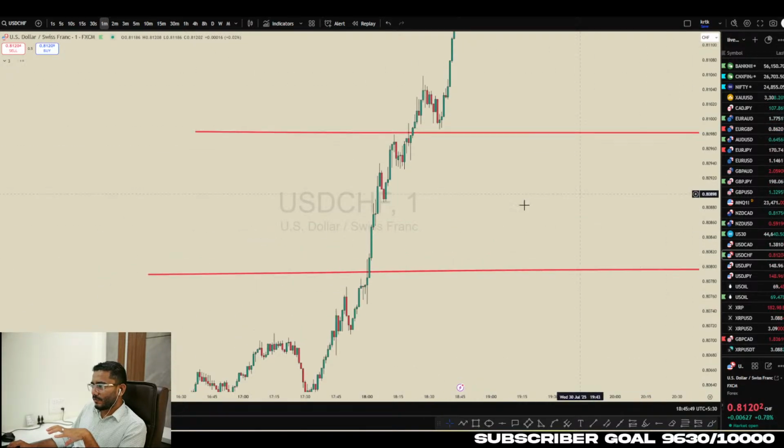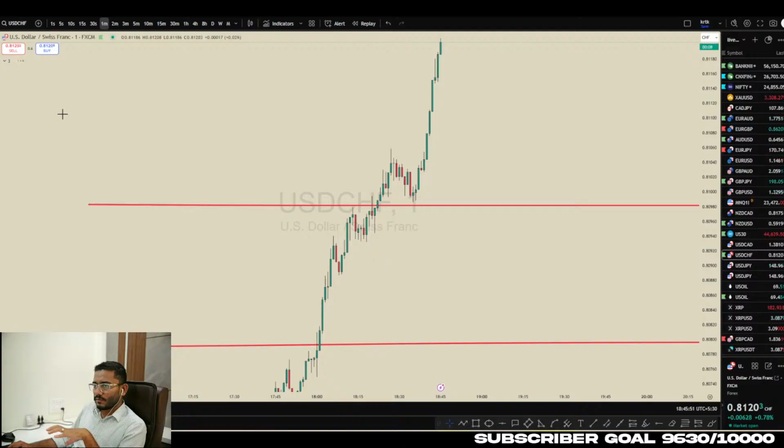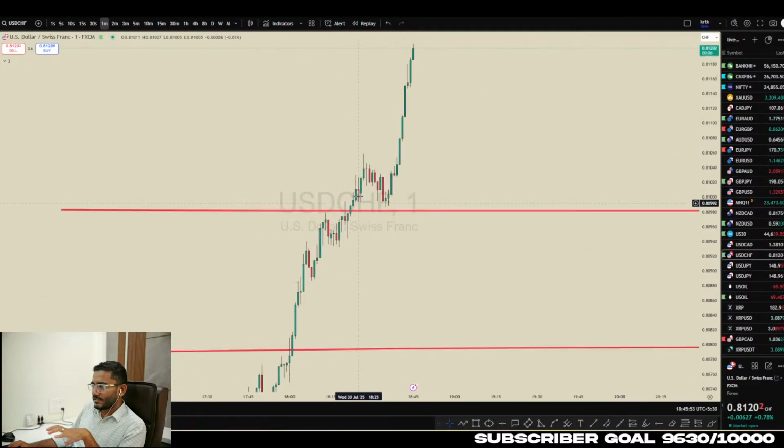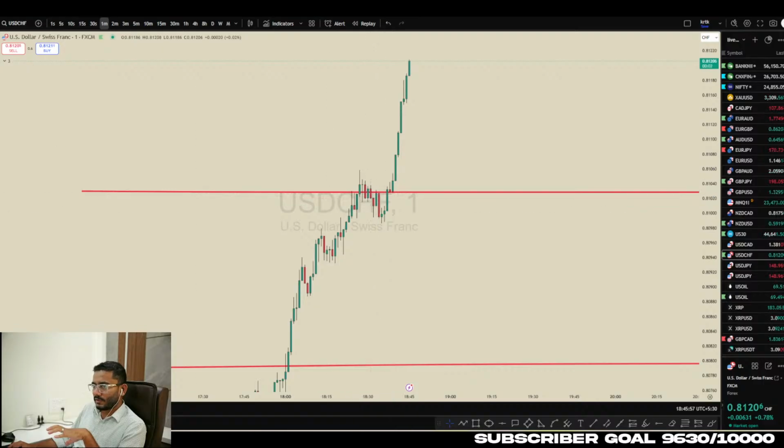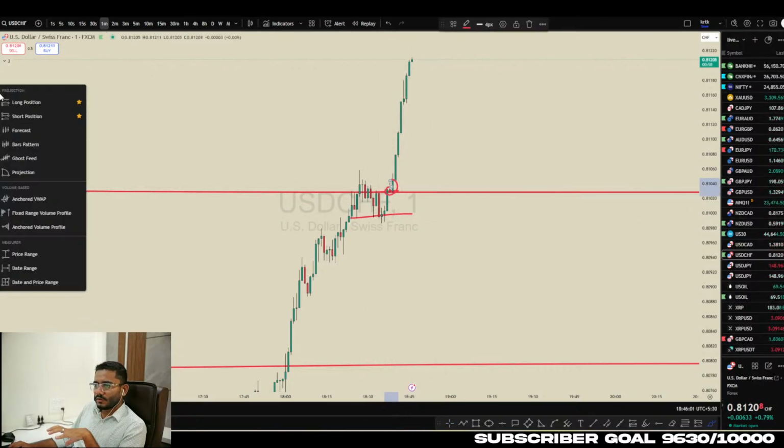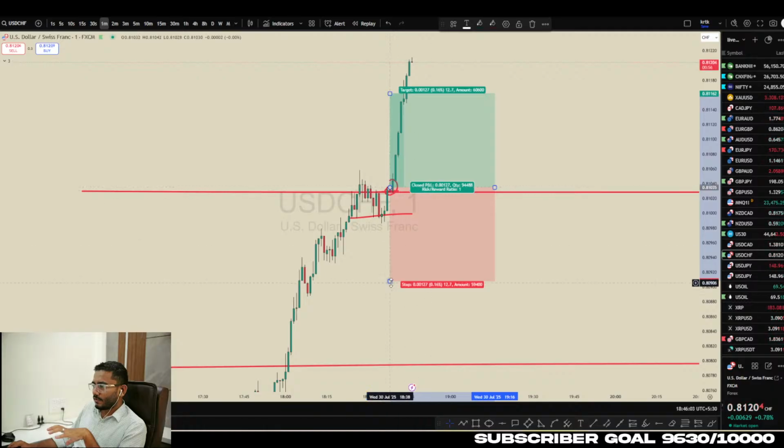So this is where, when price starts to consolidate and create structure, you can look for a retracement and then break of structure. For example, here price swept this liquidity and broke the new high. So you can buy over here and put stop loss below this area.